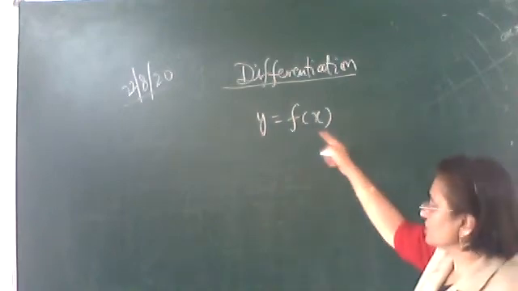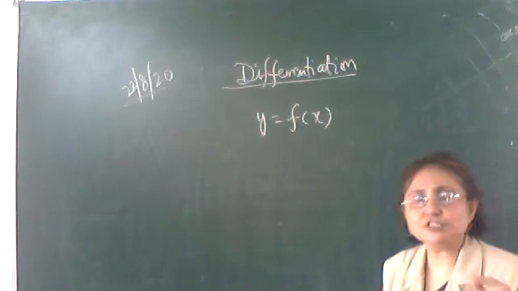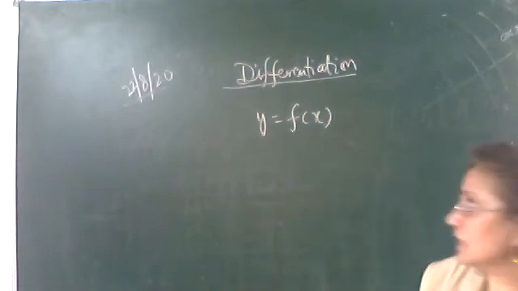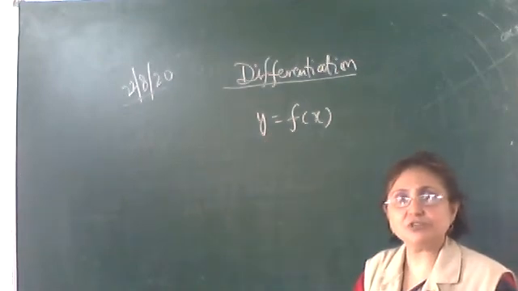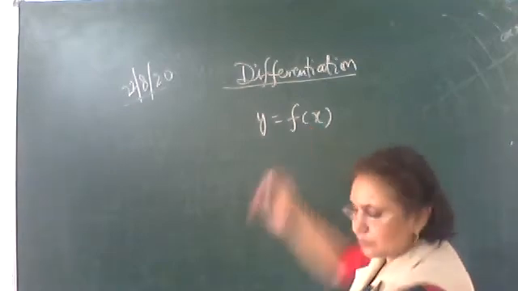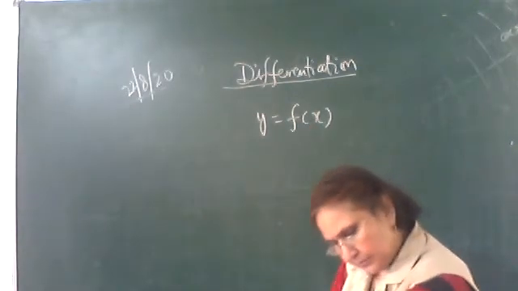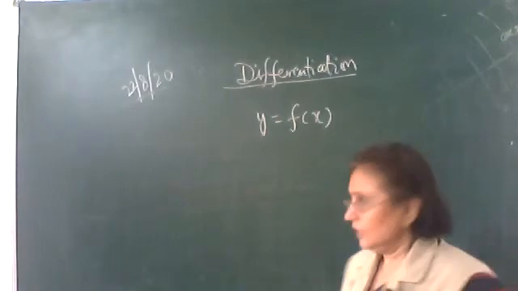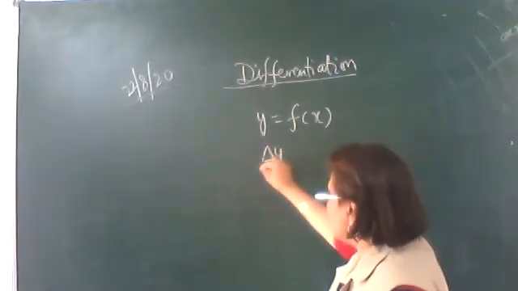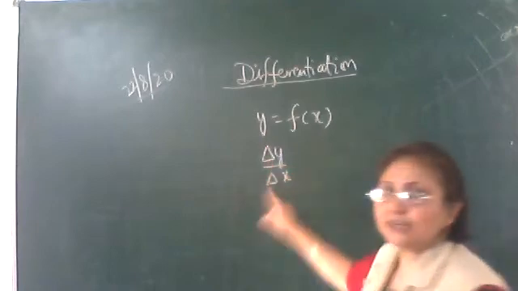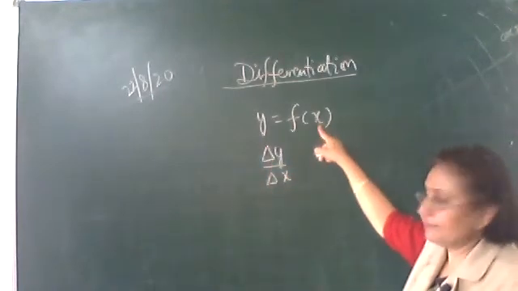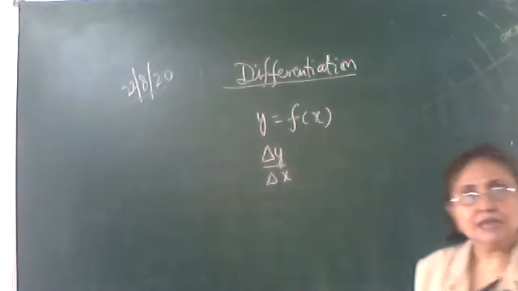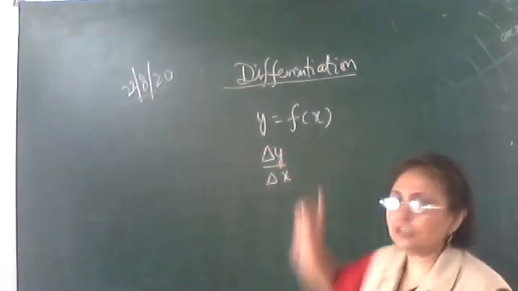Now, a small change done in x, a very small change, let it be delta x. Correspondingly there will be a small change in y also. Let the small change in x be delta x, and correspondingly there will be a small change in y, delta y. Now this ratio, delta y upon delta x, this triangle symbol is for delta. When we have done a small increment in x, as y is a function of x, there will be a small change in y also.